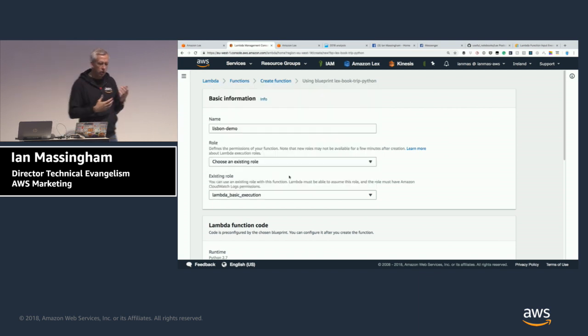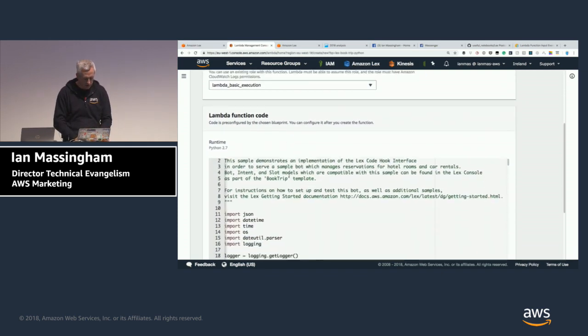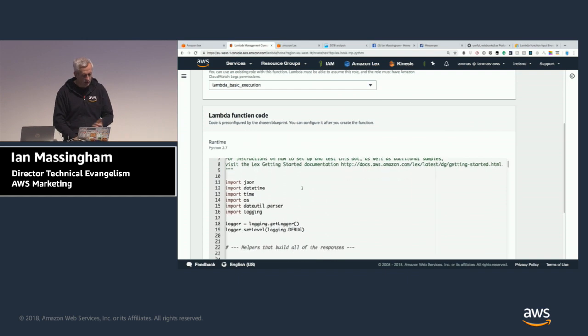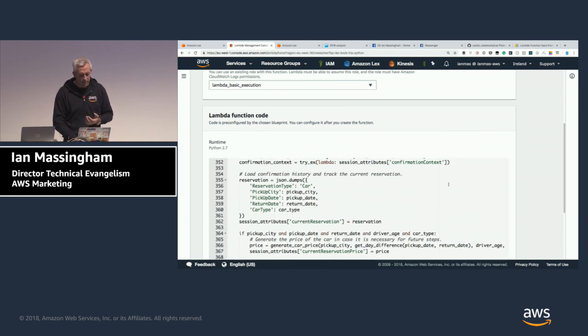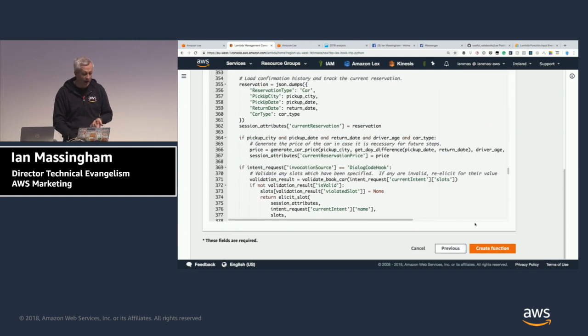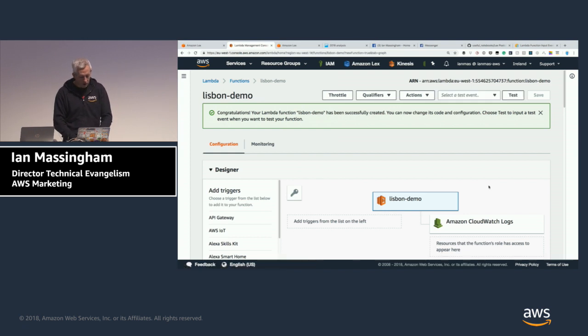This execution role grants the Lambda function the ability to write log data. So that's the only role that we're applying here. And that means that if we do need to debug our function, we'll be able to view our logging data from each execution in another AWS service called Amazon CloudWatch, which is our log consolidation service. So we need to grant permission for that, and that's what you can see within the console. And then this is the code that will get deployed into AWS Lambda and be invoked each time we get a dialog action from our Amazon Lex chatbot. Okay, so we've deployed that.